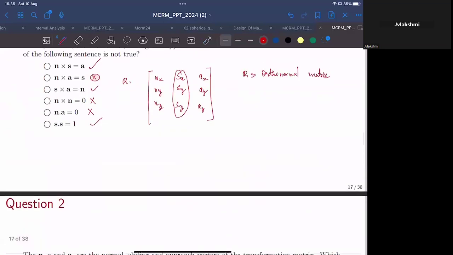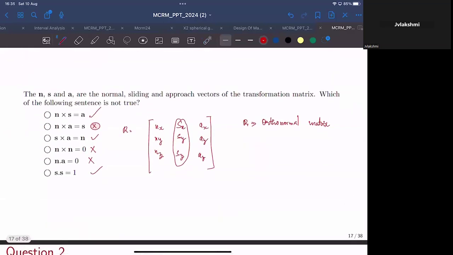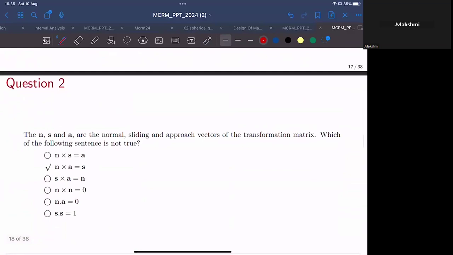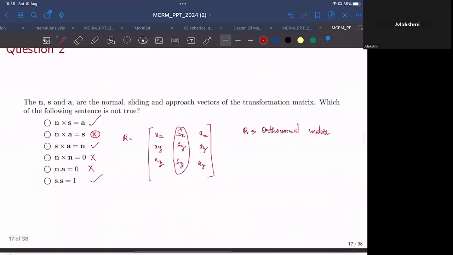It says only this answer is correct. Maybe the answer key is different. Which of the following sentences is not true? N cross N is obviously not true because their angle is 0 degrees. The angle between a vector and itself is 0 degrees. So the cross product of a vector with itself is 0. And N dot A is also 0 because